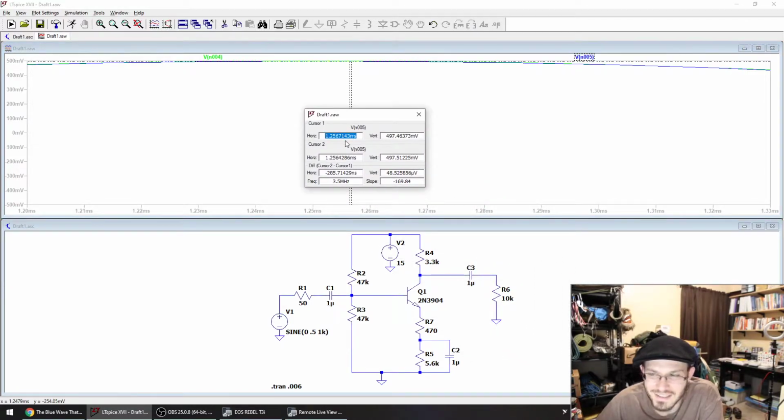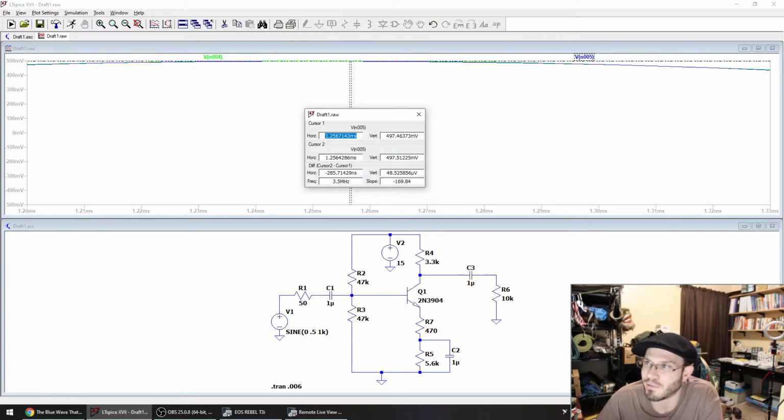Okay, it's a subtle difference, but that difference is there. It is 0.2567 versus 0.2564. Okay, it's not much of a difference, but that is because we are correctly paying attention to our impedances